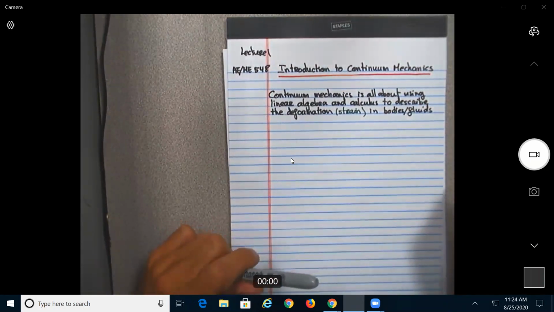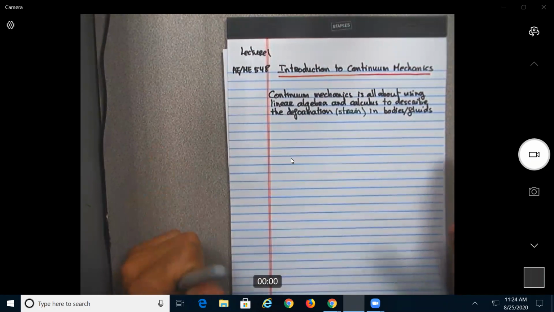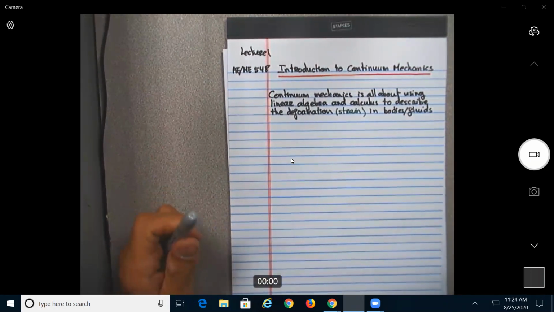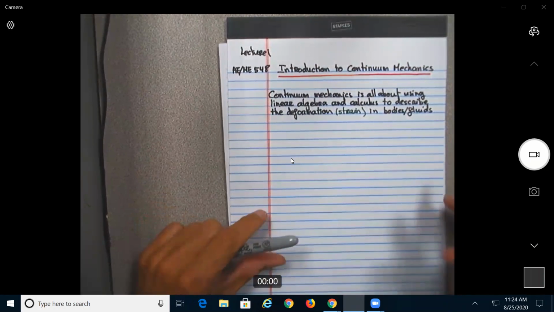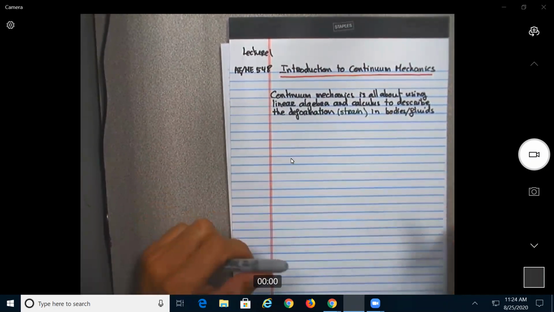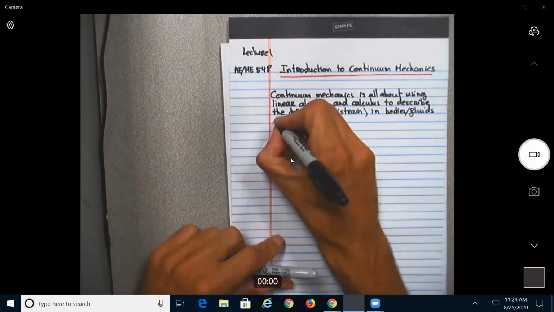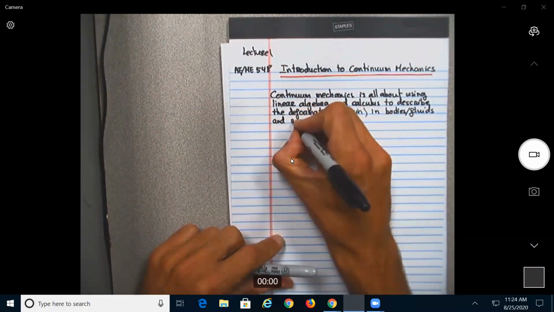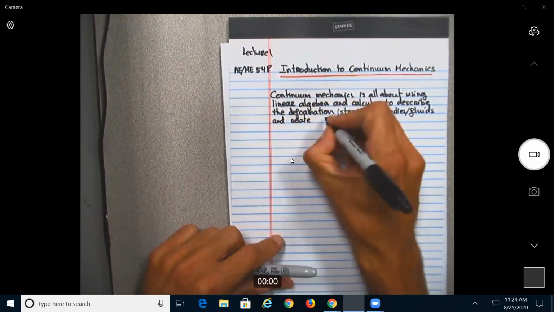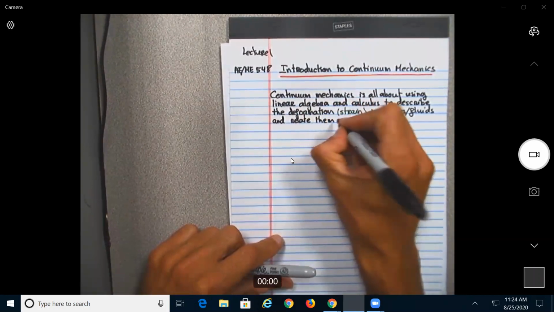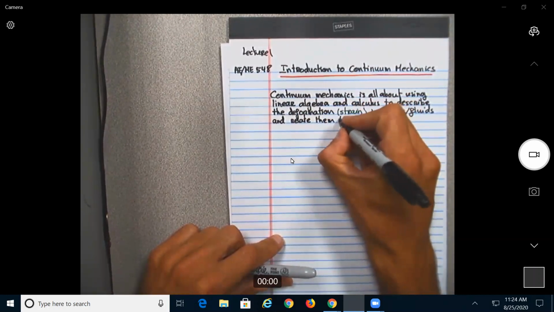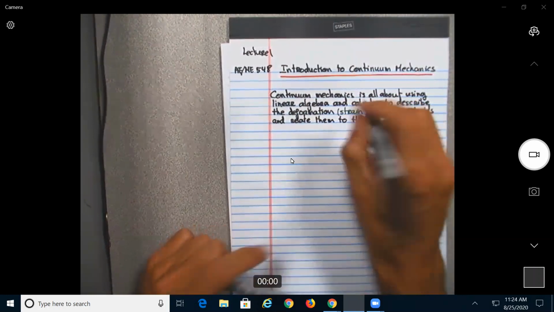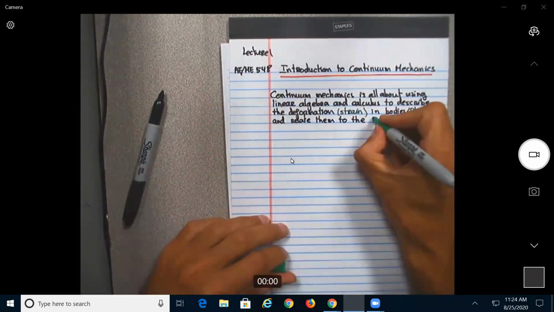Okay, so basically this class is about putting down the foundation, understanding the foundation behind the equation you study in solid mechanics for structures, or the equation you use in fluid mechanics and so on, okay? So it's to relate the deformation, which can be of a solid or a fluid, okay? And we relate them to the constitutive equation,